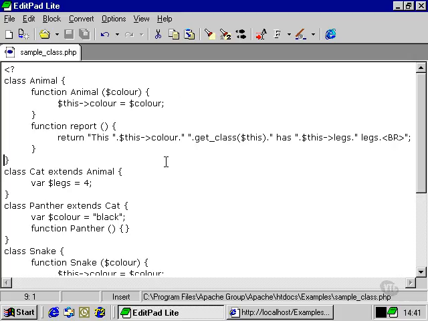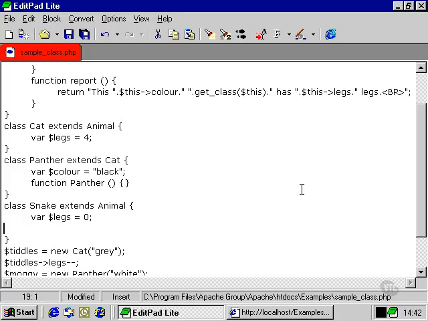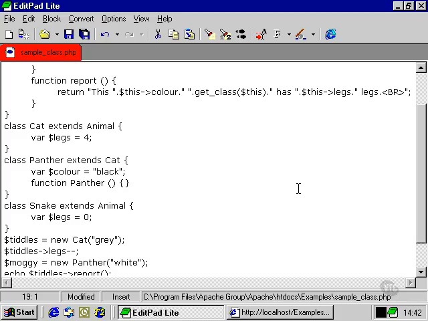And now our cat class has been substantially reduced in size, and all our snake class has to do is to extend, we have to say class snake extends animal. We can take out the constructor, and all we need to specify are the things that are unique to the cat class and the snake class. Now, if we wanted to get really technical about this, we'd create a mammal class, and we'll get into all kinds of complex biological gradations of classification of species. Of course, we're not going to do that, but